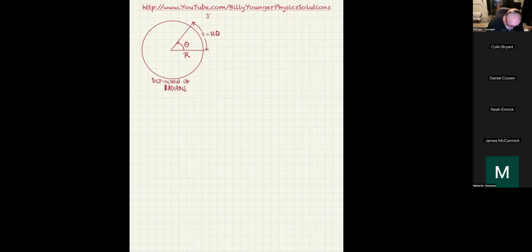So 360 degrees implies S is equal to C, which is 2 pi times R, but that's also equal to R times theta, which implies theta is equal to 2 pi radians is also equal to 360 degrees. So what that gives us is a conversion factor. Remember, anytime you can write a fraction where the numerator is equal to the denominator, then that's a conversion factor,